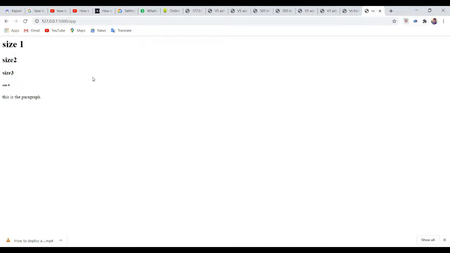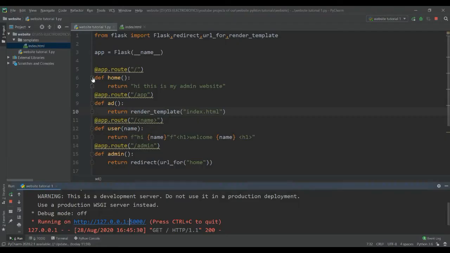Now I am going to tell you how we can write a name, your name, inside the HTML file as well as the website.